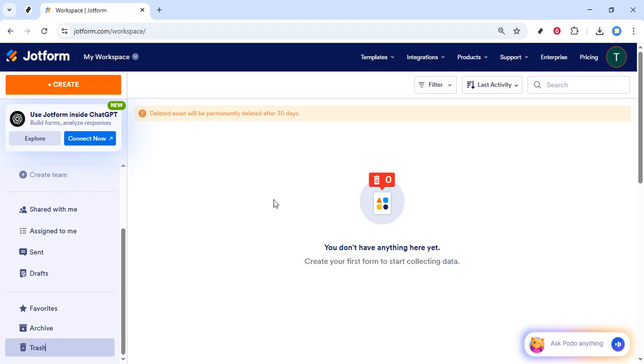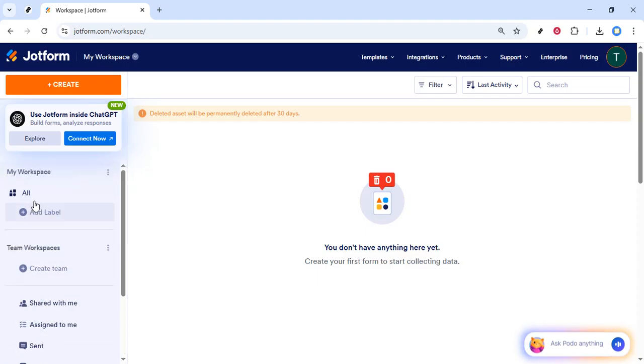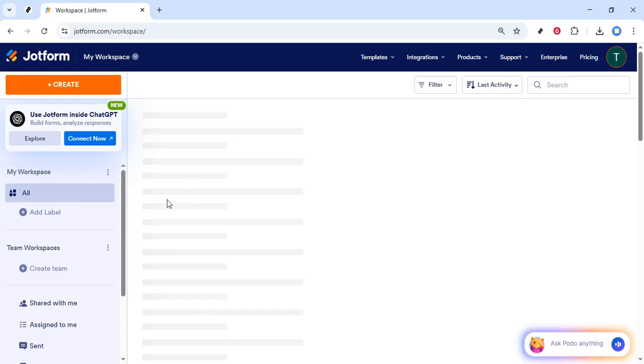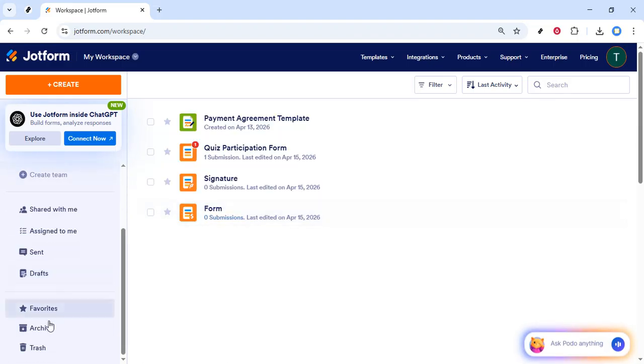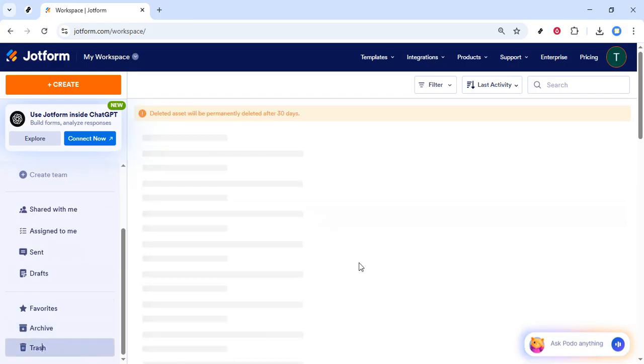If the Purge button is grayed out, make sure at least one item is selected. If you don't see a trash section at all, confirm you're on the My Forms page and that the sidebar is expanded. That's it. You've emptied the trash in Jotform, freeing up space and